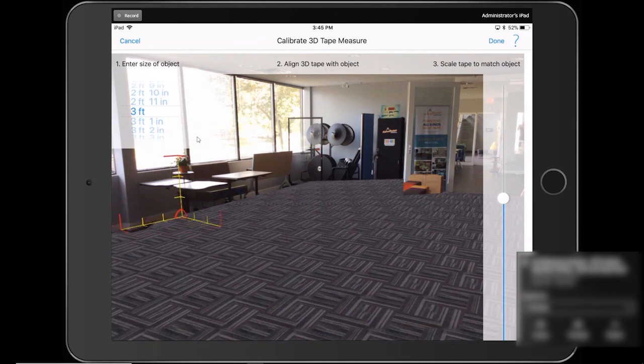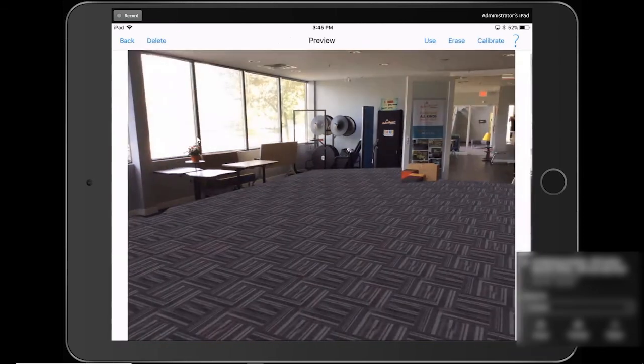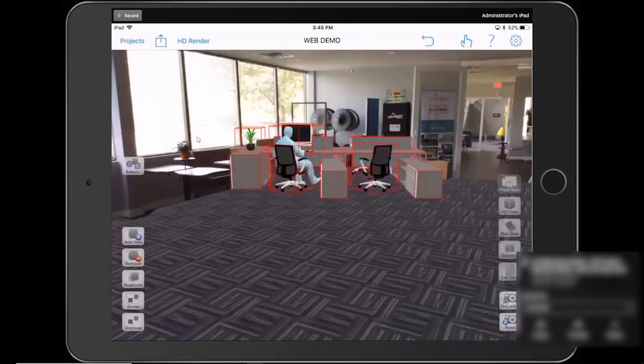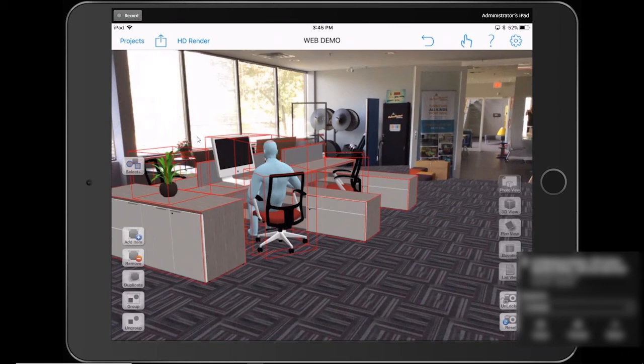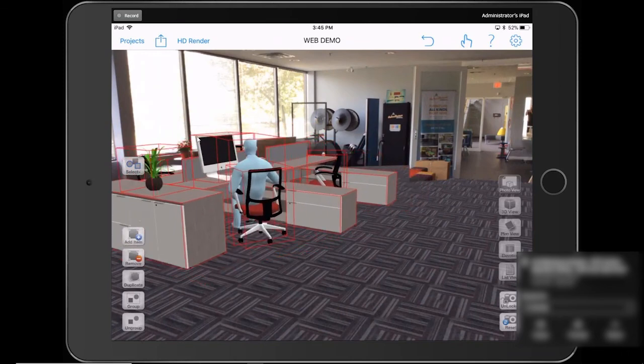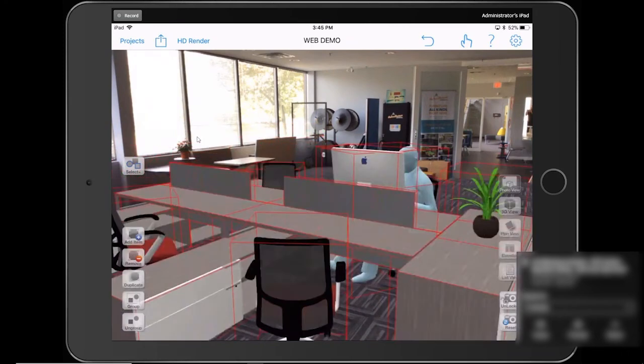And now we're going to place the actual measuring tape according to the perspective. Let's scale it down. There we go. Let's tap on done. Scale's been made. Let's tap on use. There's my image. And then you can see what I'm trying to do here is position it so that